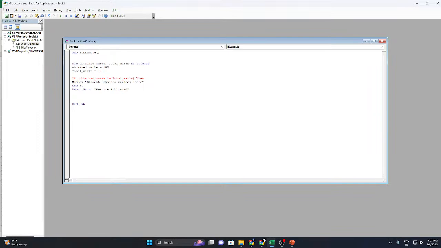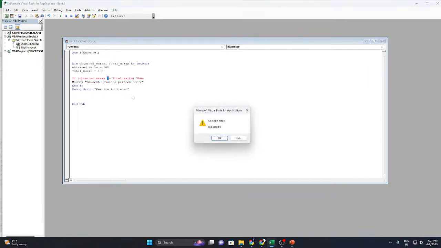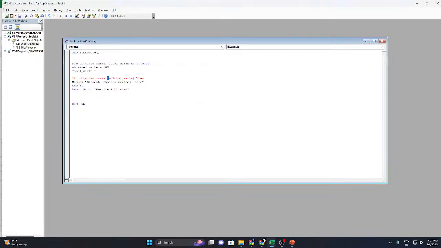Actually here we can't write it this way. Let's first run this one. Now what happens? The condition is true, that is, obtained marks equal to total marks, right? In other languages, in order to write not equal to, you can use the exclamation mark, so it becomes not equal to. But here, in VBA, we don't use this operator, we mostly use